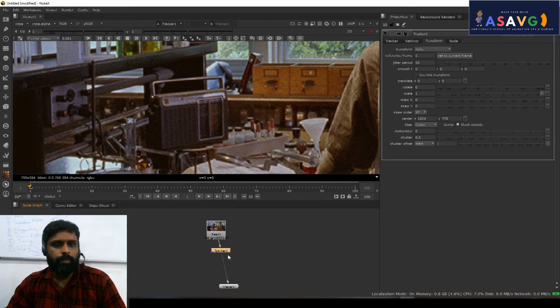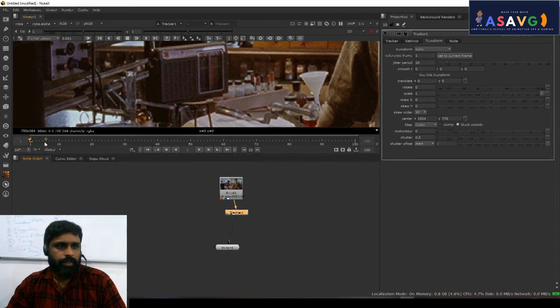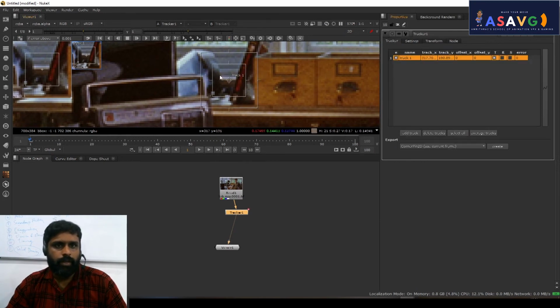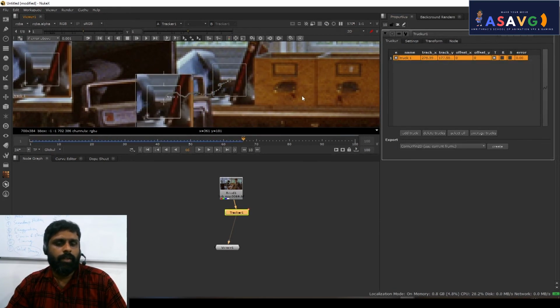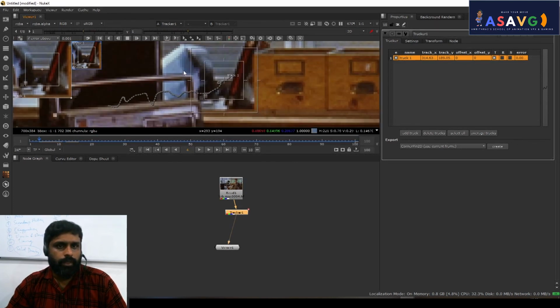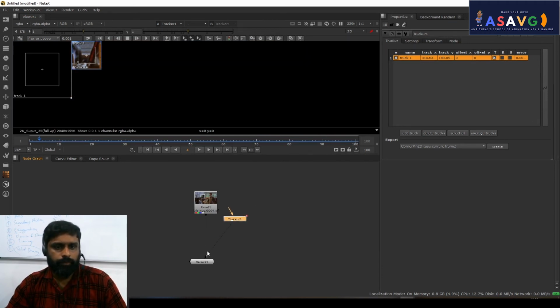Okay, first of all we will be adding a tracker. Before, we didn't do it like that. That's why I am adding a tracker before that. So select it, press Ctrl Alt, click here, go to tracker, just track. Okay, so this is the tracking information. Now I have to look at the track over here. We have certain problems. I told you now, roto will be, I think the position of this will be cloned. Our problem will be over here. Okay, so I will be removing the information.